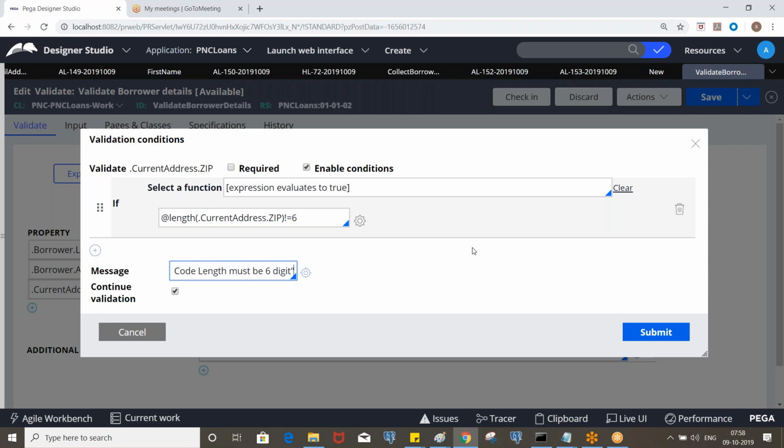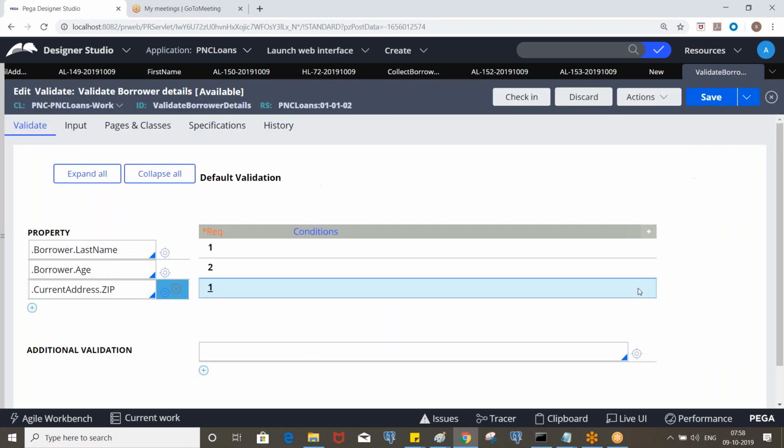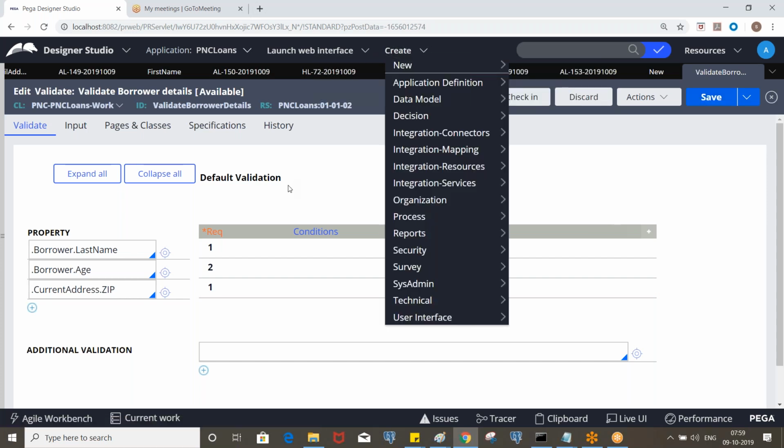This function just checks the length of the string, whether it is a number or character or whatever. So you can test that.